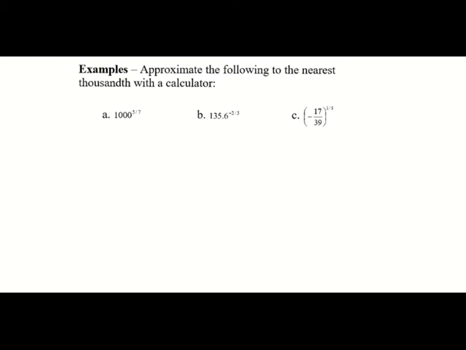All right, so now we are going to approximate to the nearest thousandth using a calculator. So when we do this, I'm going to type it into my graphing calculator. Again, I will also post a video to go with this to help you with putting in those powers. And it's going to be to the 5/7 power. So I put it into my calculator. I did 1,000. I did the caret button on the graphing calculator, and I did my 5/7. And it came up with